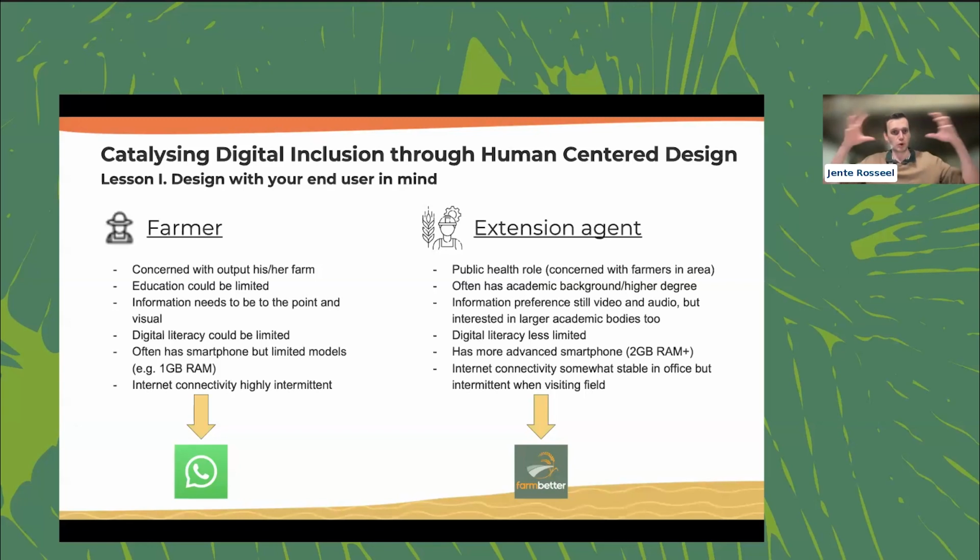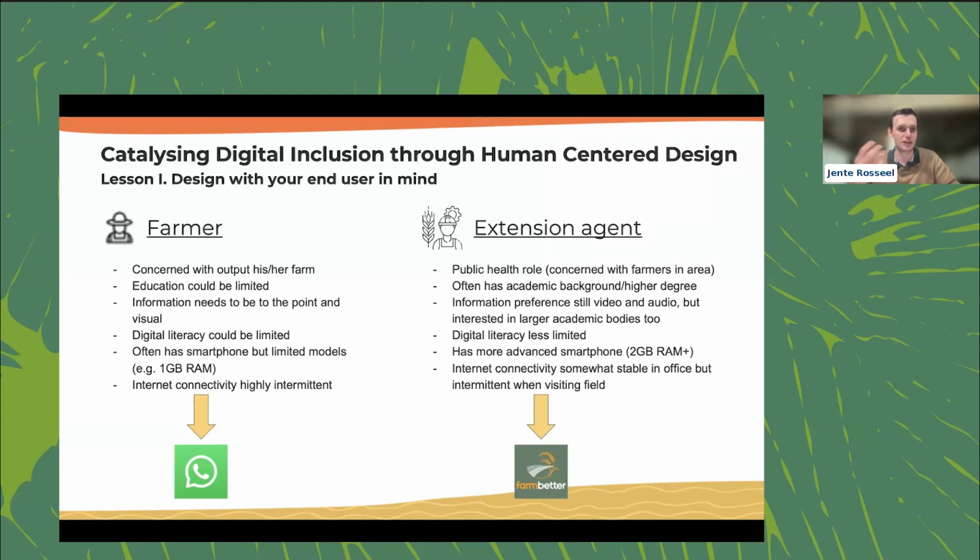Extension agents needed more visualization. They needed to see data points of where problems are reported across an area. So you have to go to a more rich tool even than WhatsApp, which is an app. So that's one of the things we did. For the farmers, we now had a separate app, which was WhatsApp. For the extension agents, we had another app. The second lesson